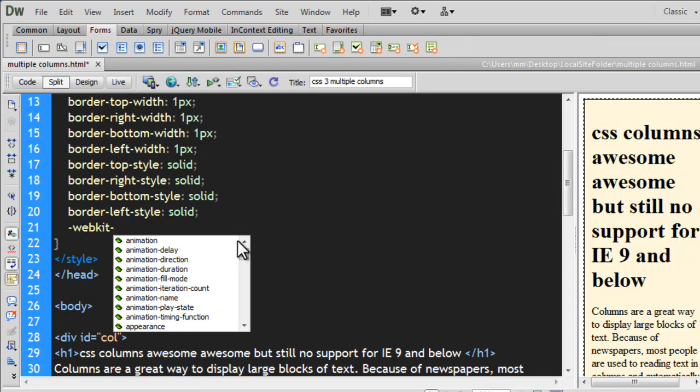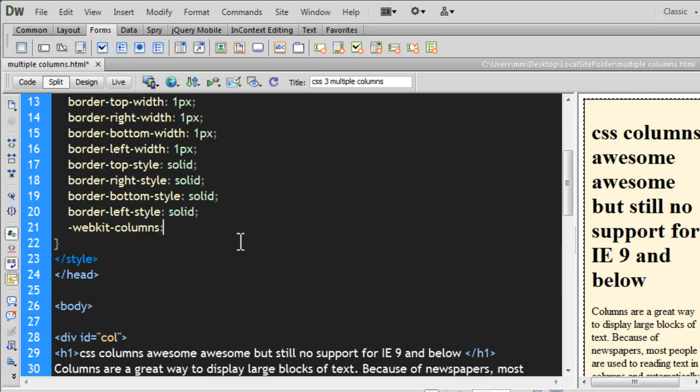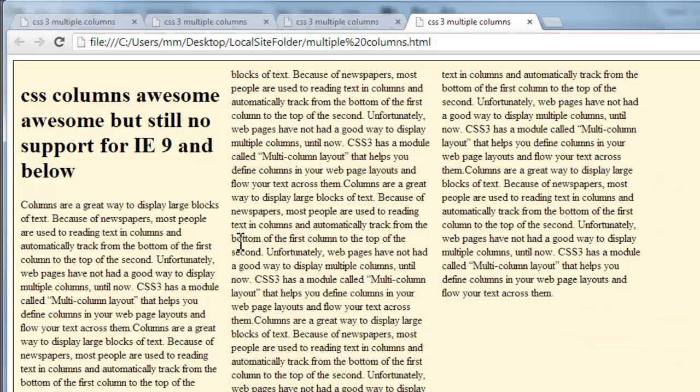Alrighty, so -webkit- and then I'm going to use the shorthand columns property. Unlike most people who like to use the column-count property, I just like to use the columns property, right? And here, people, you can specify columns either in terms of the width or the number of columns. So if I say 4 here, basically it's going to automatically calculate the width and divide the entire text into 4